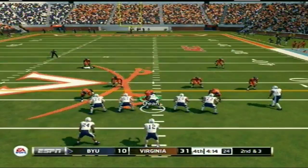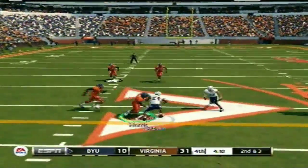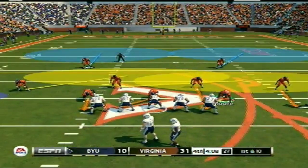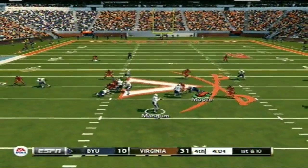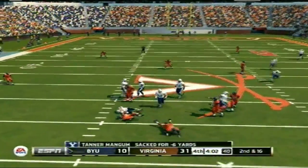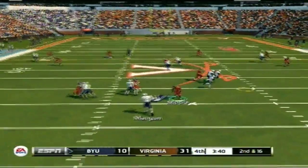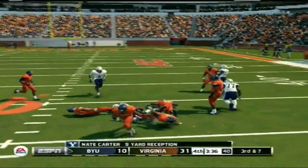So BYU driving almost inside of 4 minutes on the game. Tanner Mangum looking up the middle to his running back Algernon Brown for the 5-yard gain on the play. So Algernon Brown coming up pretty big in the passing game and the running game for BYU. Oh, and Tanner Mangum gets sacked after the cornerback blitz for about 6 yards on the play, bringing up the